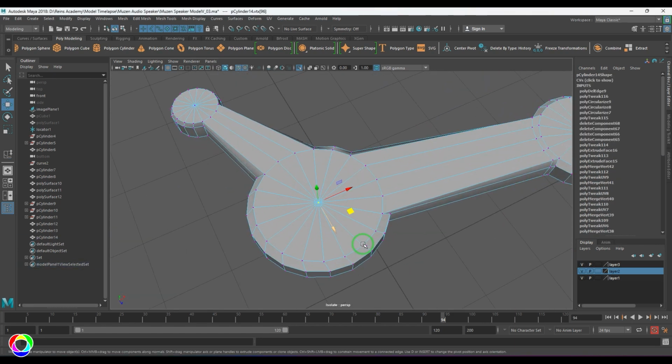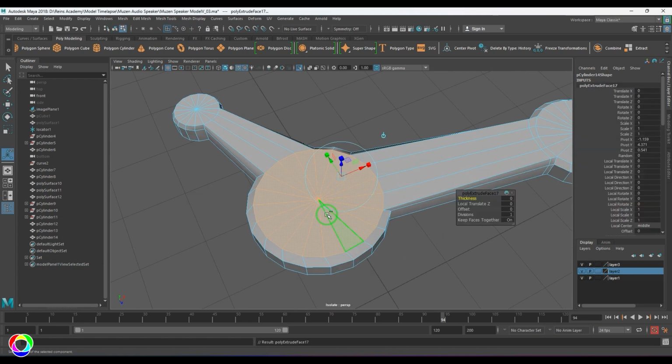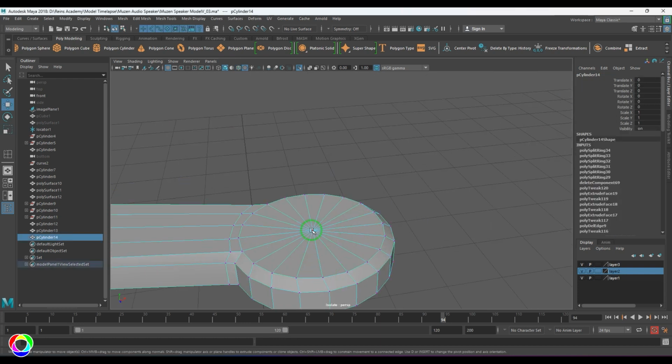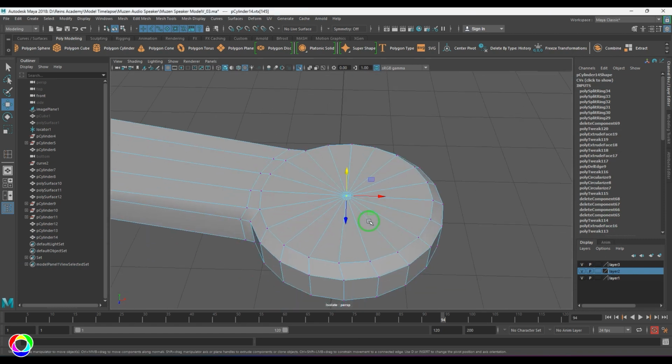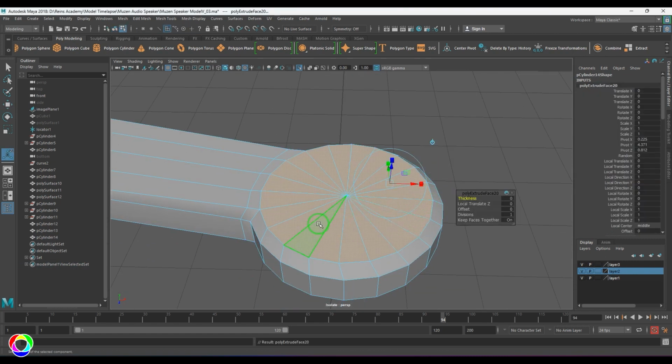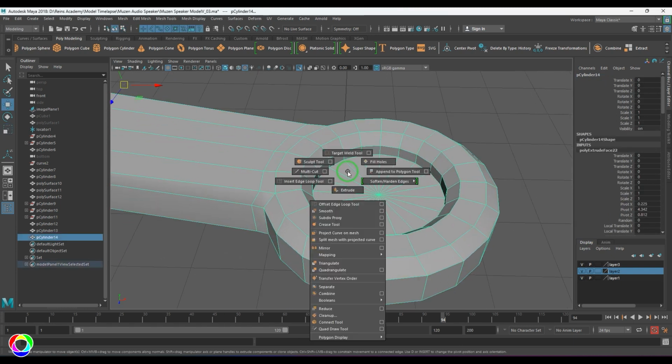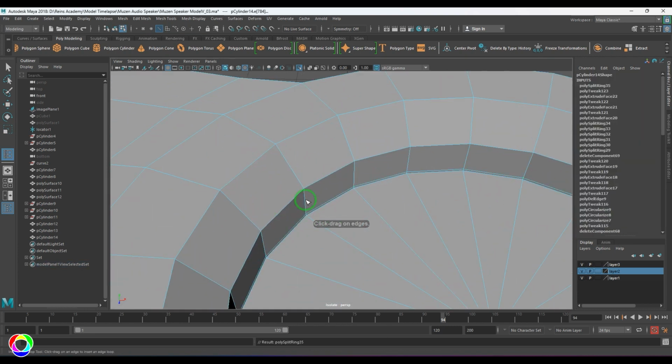I'm going to select these faces and then extrude and extrude it again and then move it inside. And here also I have a circular extrusion, so I'm going to select those and extrude it like that. So I'm going to add loops,